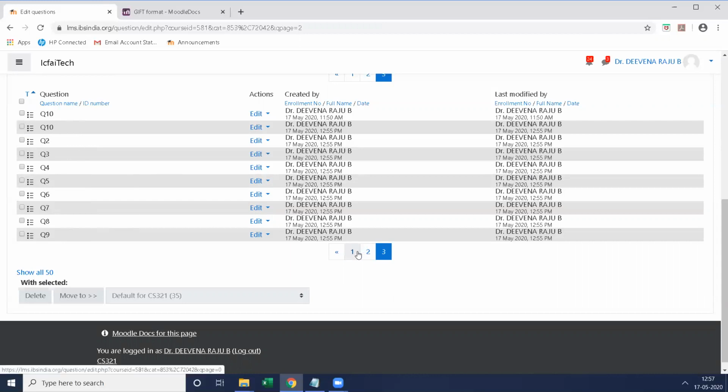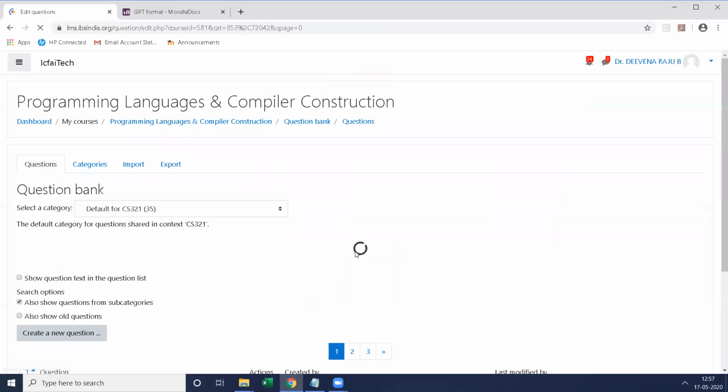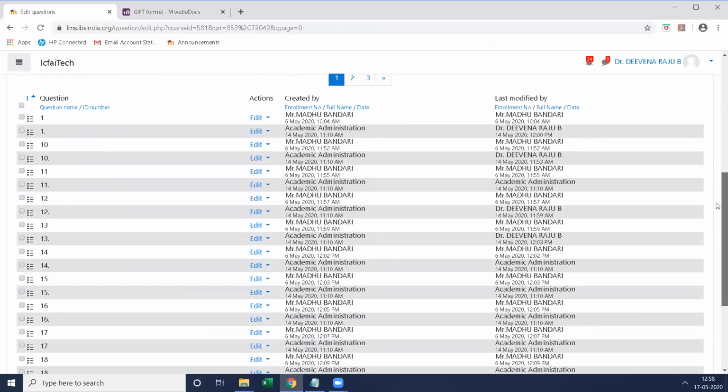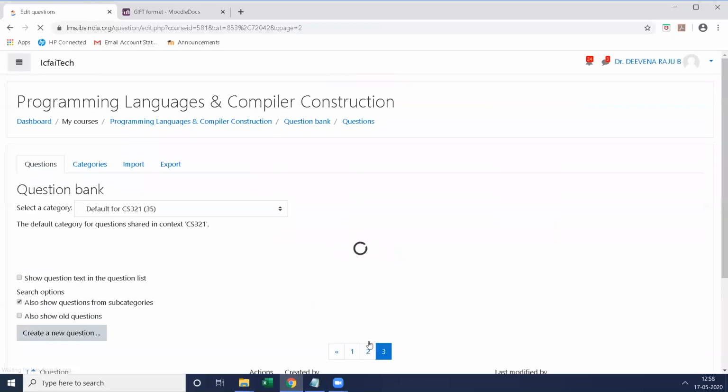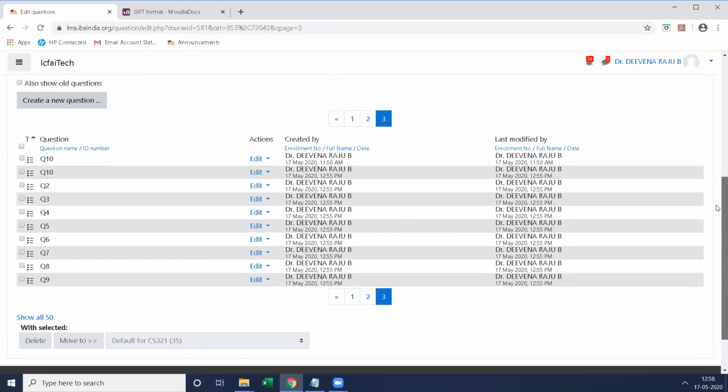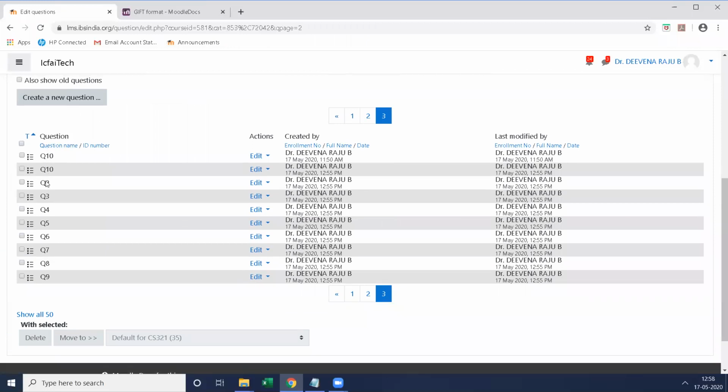You see this one, other questions. You see the other questions. These questions are titled 10, 10, 10, 10, 10, 10 like that. If you give the same title, it is difficult to identify which question we need to select for the mock test. That's why you give some specific title. With that, you can easily identify the particular questions meant for conducting the mock test, so that we can easily differentiate the questions.